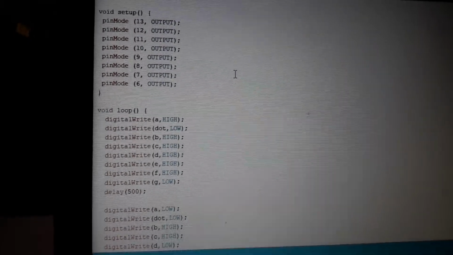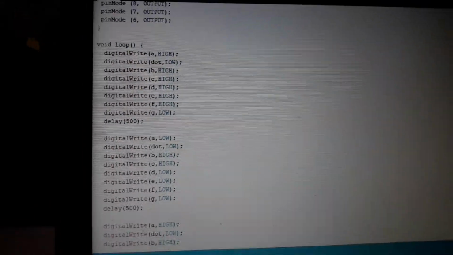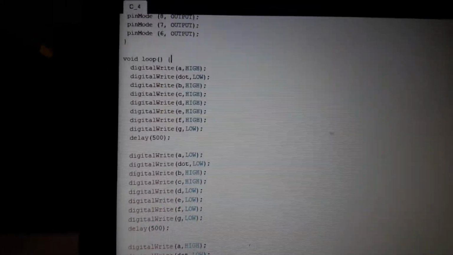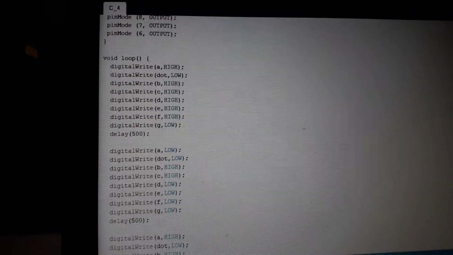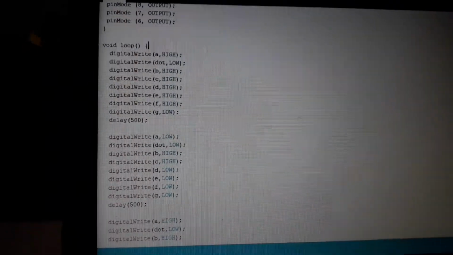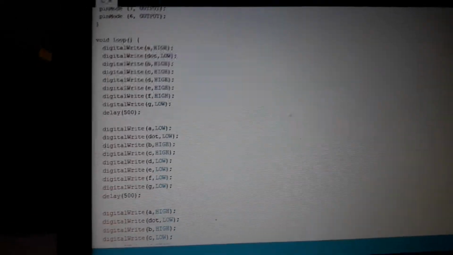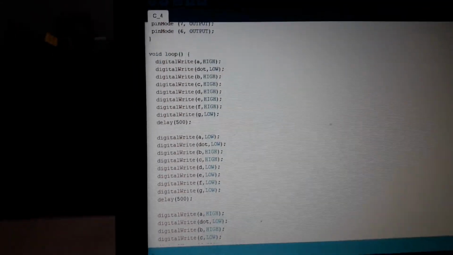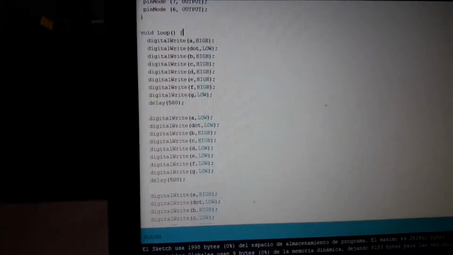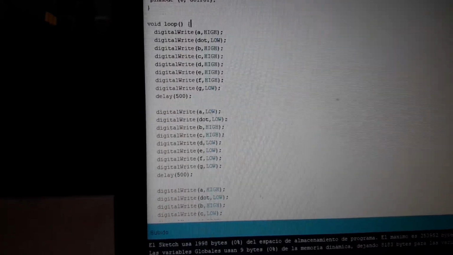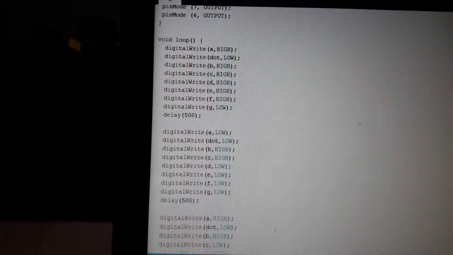Then we start with the loop. We have to put void loop. That means that in this part we start the cycle, because the void loop means an infinite cycle. It's not going to end, right? Even if the Arduino doesn't have a battery or the computer, it is always going to be working on. Well,